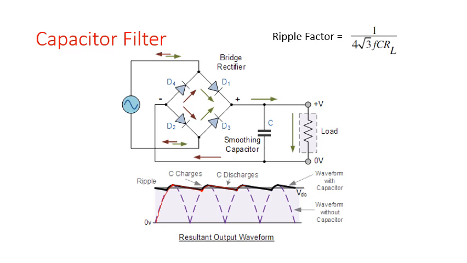So this ripple factor is given by 1/(4√3). This term that was 2 in a half wave rectifier has now become 4. That is, the ripple factor has improved. This is the capacitor filter. Now when I have to go to an inductor filter, if your capacitive element is placed in parallel, whenever you shift to the inductive element, it will be placed in series.